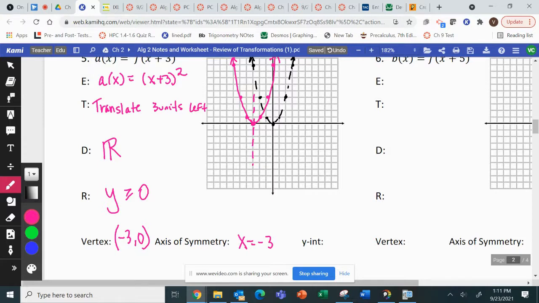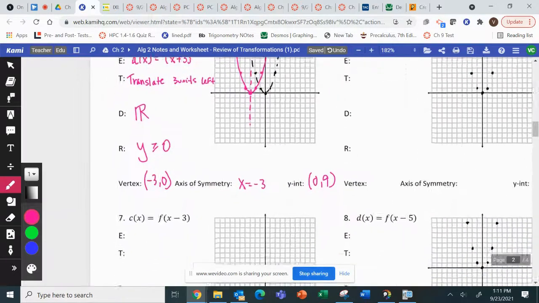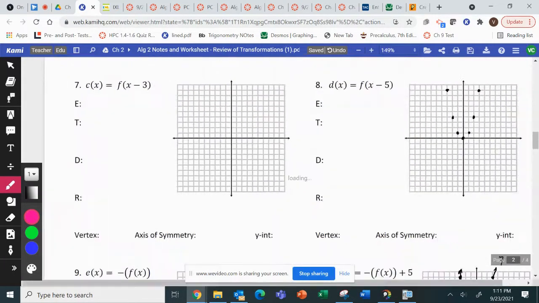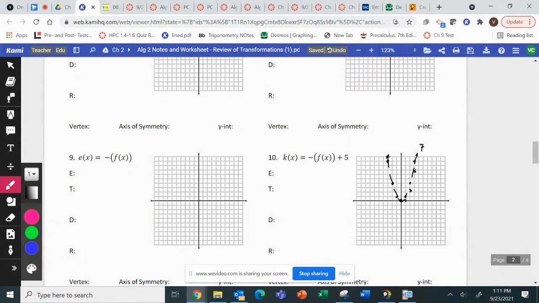And the y-intercept. Jack, what's y-intercept? 0, 9. Very good. And you got that by just looking at the graph, and we had a dot there, huh? Yeah, good. All right, we're going to skip ahead to number